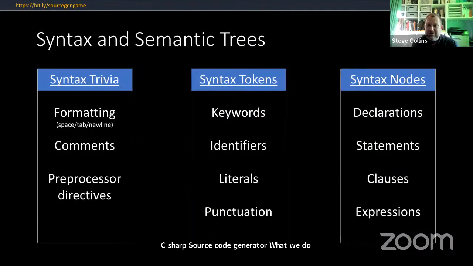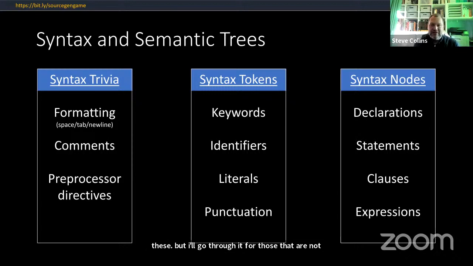What we do with the C# source generator, if we're looking at syntax, other people's code, and not just taking a JSON or XML file, is pretty much the same and a lot easier to program and understand. So let's start with syntax and semantic trees. If you've ever looked at writing a Roslyn analyzer, you may already be familiar with these, but I'll go through it for those that are not.